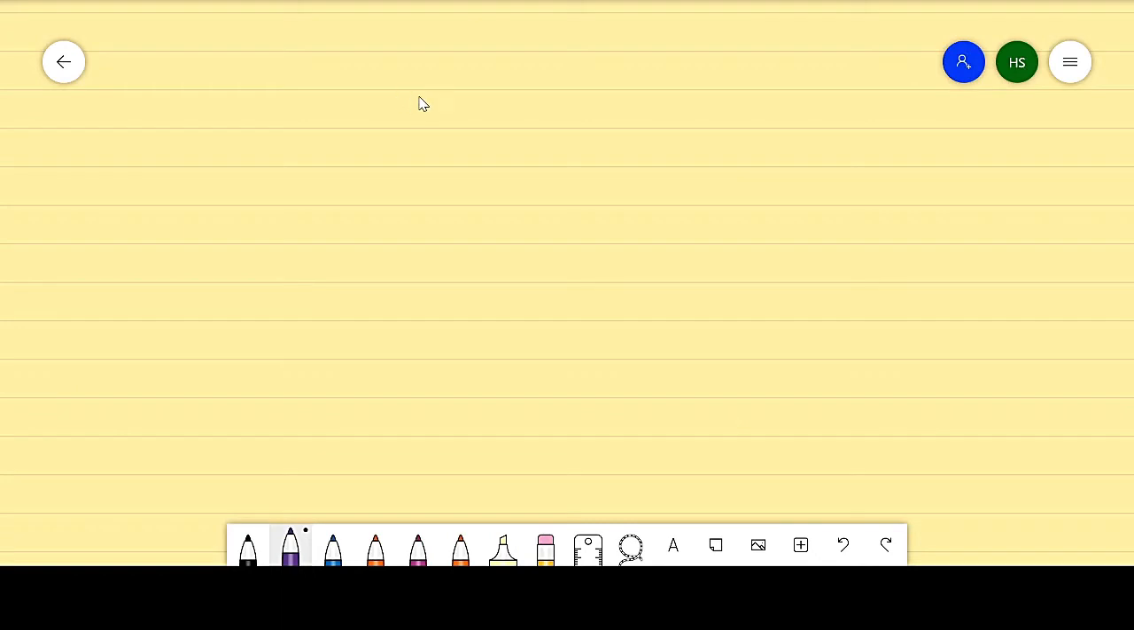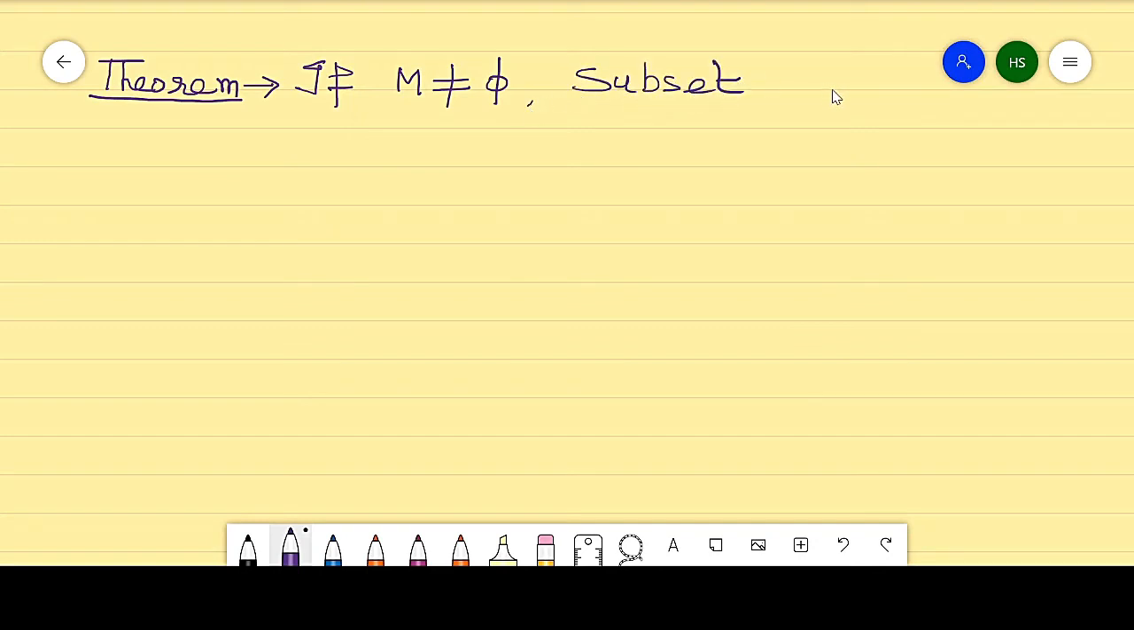Next theorem. The statement of the theorem is: if M is a non-empty subset of a Hilbert space H, show that